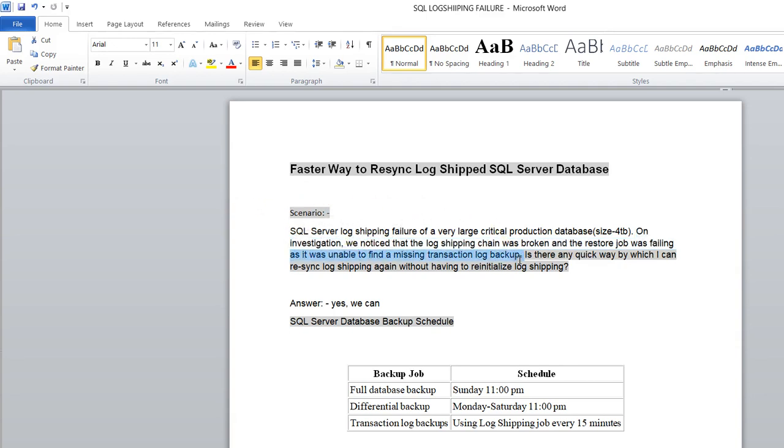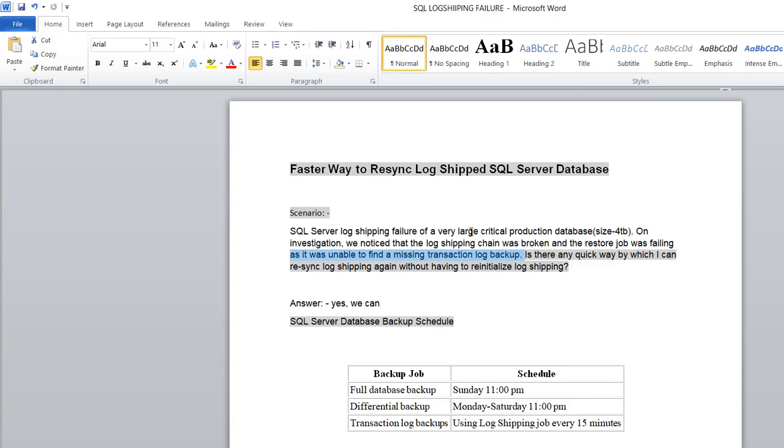So what's happened? Basically the backup is not present on that particular shared location, and because of that the restore job is failing. Now the question is, can we fix the issue without reinitializing the log shipping? Yes, we can.